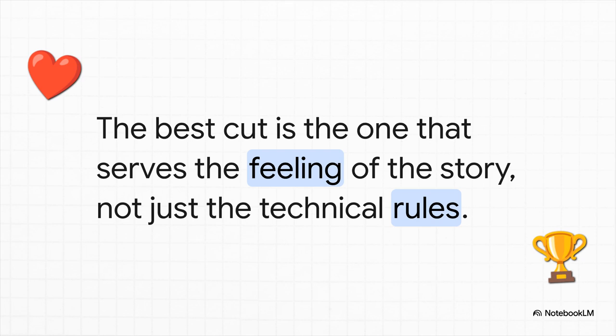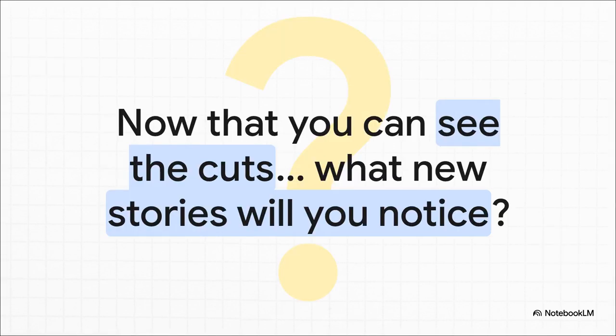And that really brings us to the biggest takeaway of all. The technical rules, yeah, they're important, but they should always, always be in service of the feeling. According to Murch, the best cut is the one that's true to the emotion of that specific moment. If a cut feels right and helps the story, it's a good cut, even if it technically breaks some old-school editing rule. So the next time you're watching anything, a movie, a show, a commercial, try to spot these techniques,